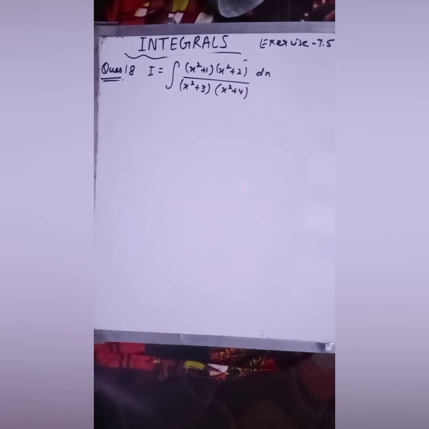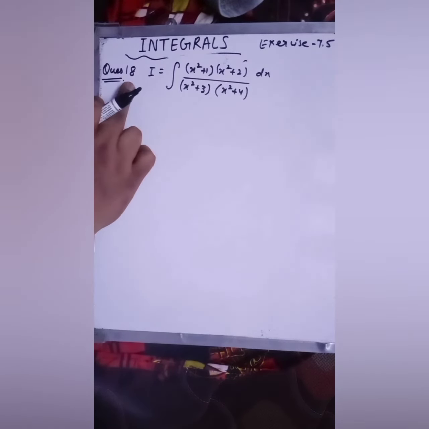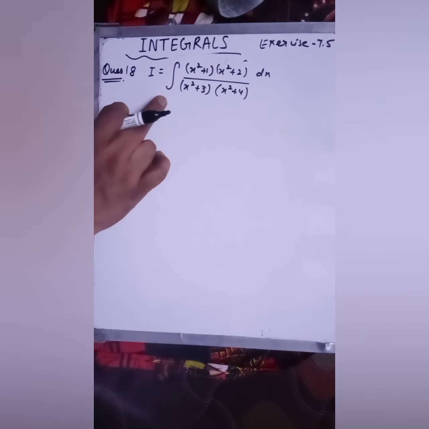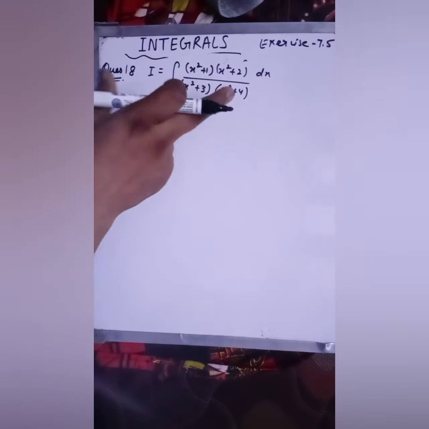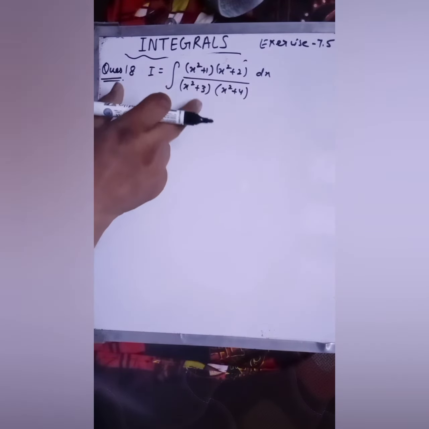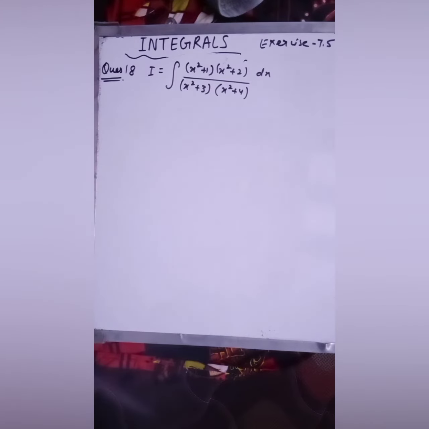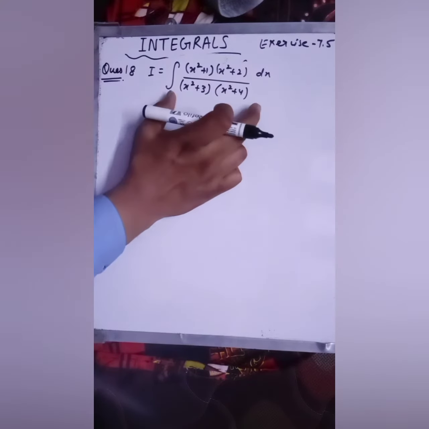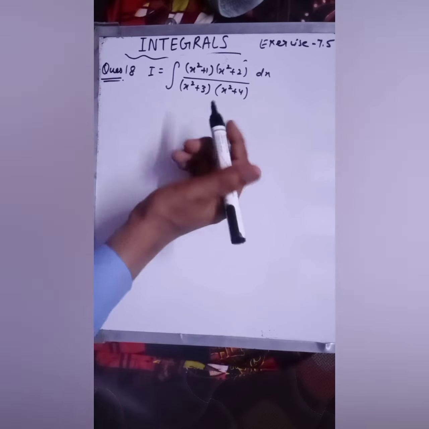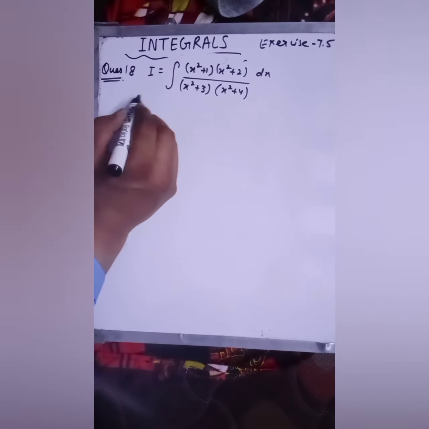Now see children, here I am solving the question number 18 of the same exercise. Okay, so this is also of the same type. Here you can see that the degree of numerator and denominator both are same. Fine. So here again you have to divide. So in this question what you have to do,